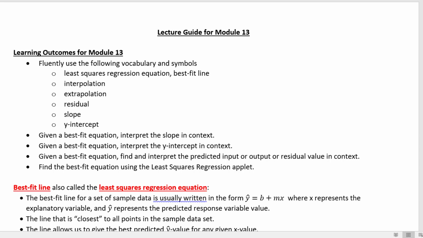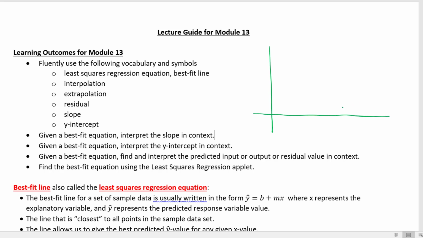This is Module 13, first video. In this video, we're going to introduce the idea of a best fit line, also referred to as a least squares regression equation. So the idea here in finding a best fit line is that we have a set of